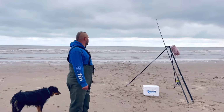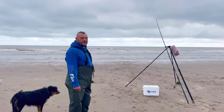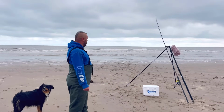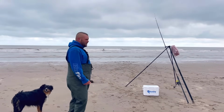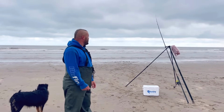Struggling. I'm struggling. I can't seem to keep a bait out there. Just casting in, 5 minutes there, bang in the side. Oh, I feel like a right idiot. At the start of this session, I was like, yeah, I'm going to back up here today. Because you normally do when the conditions are like this on this beach. I've done many a times, but